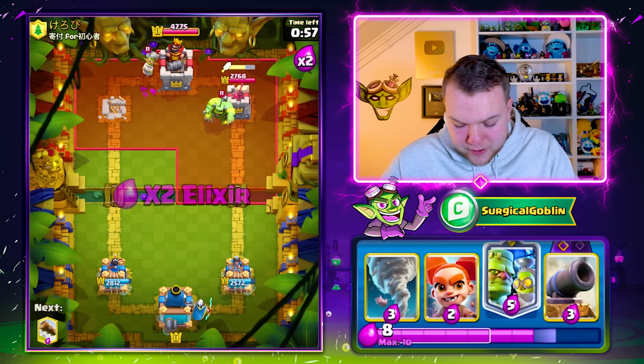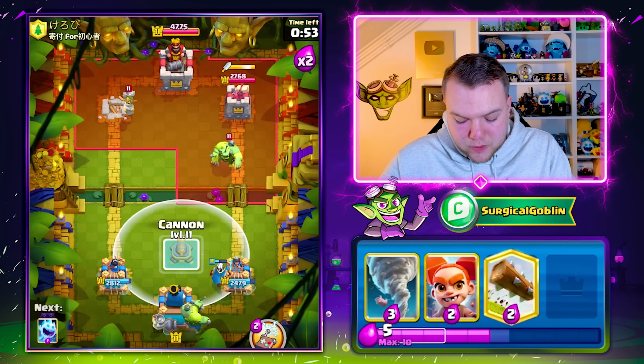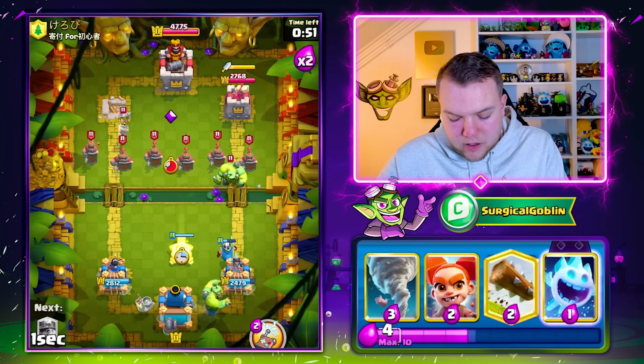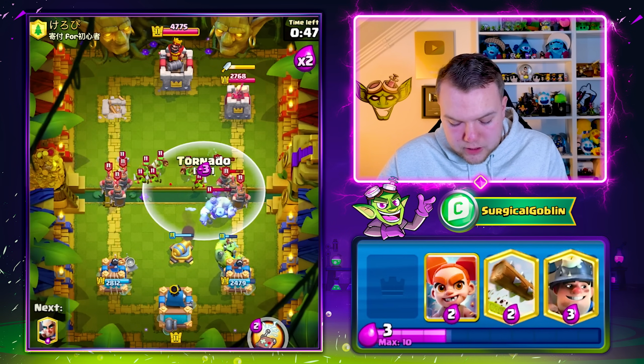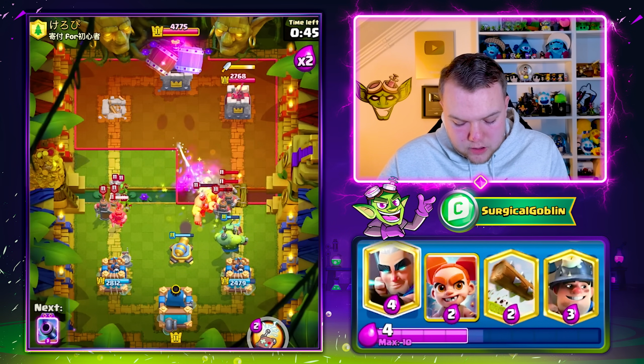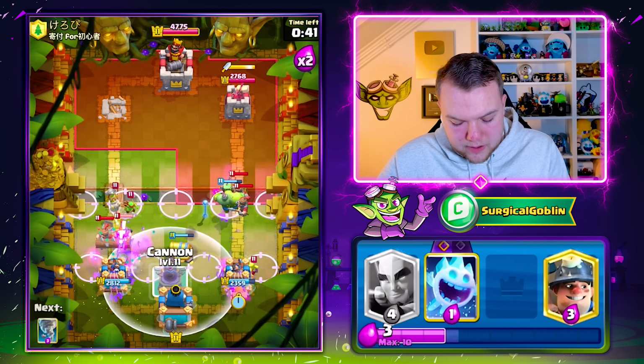I do want to be careful because, even though we are already in an amazing situation, he could potentially still make a comeback. And I think I'm just going to lock wherever. Okay, he goes with his Goblin gang. Let's just tornado the right side. Let's lock the left side and then Berserker on the same lane where he...